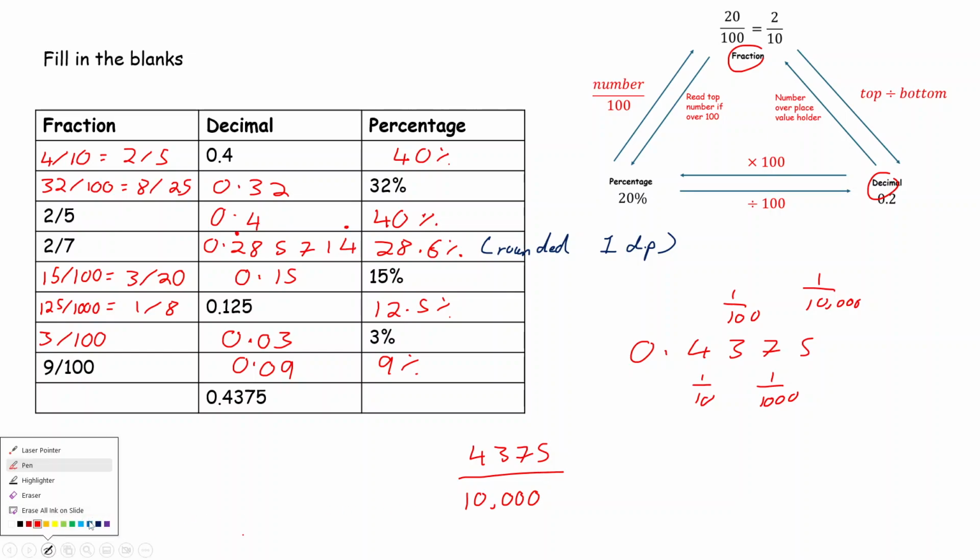So just by looking at it, 5 is going to go into both these numbers because this ends in a 5. So we can divide through the top here by 5 and divide the bottom through here by 5. So I can put straight in here that this is the answer, but I can simplify it for sure. But let's write it in for the time being. So 4375 over